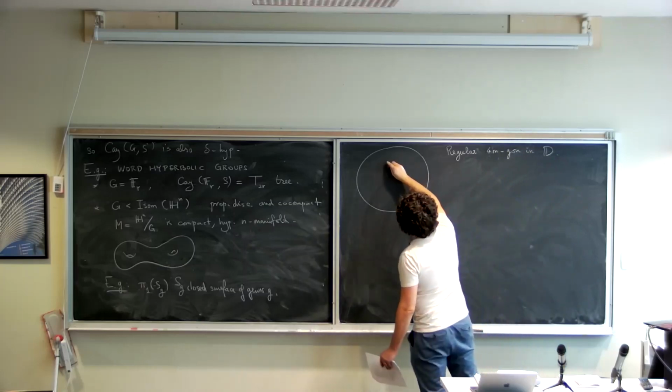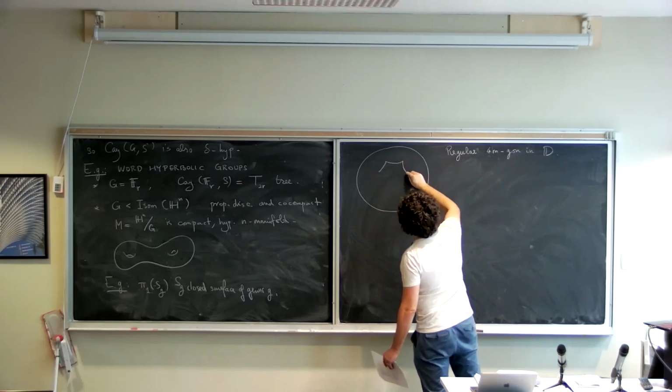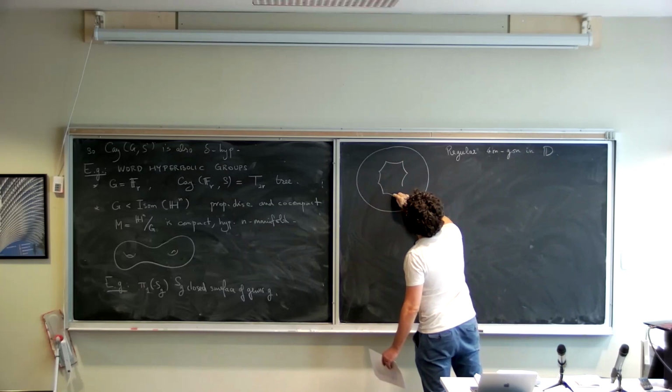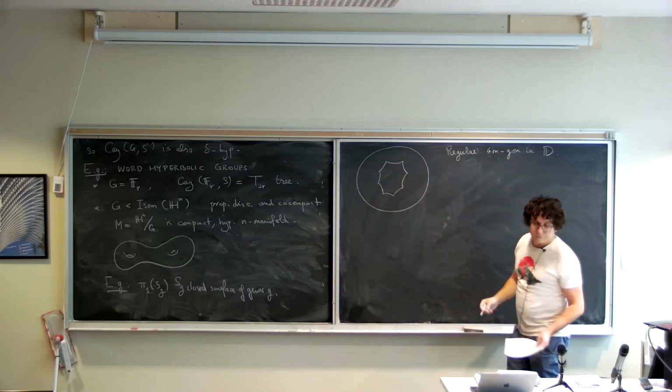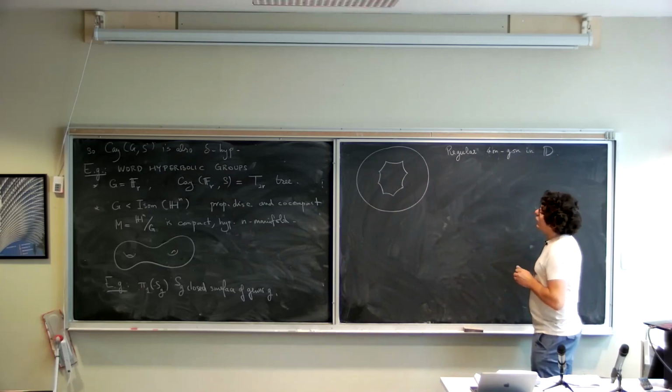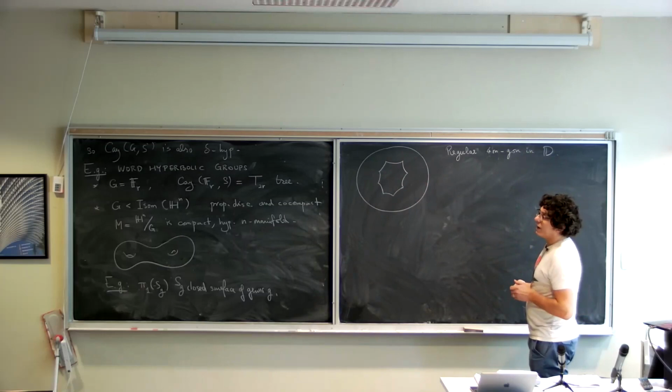For instance, the easiest one is you draw an octagon. That doesn't look very regular. But okay, so for instance an octagon, and we make sure that the sum of